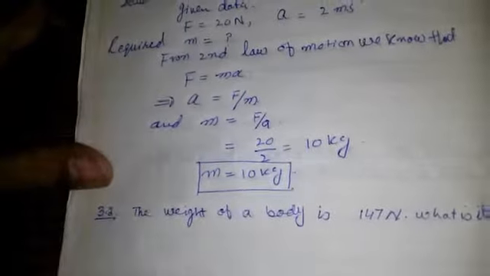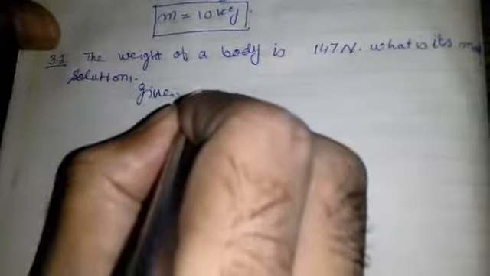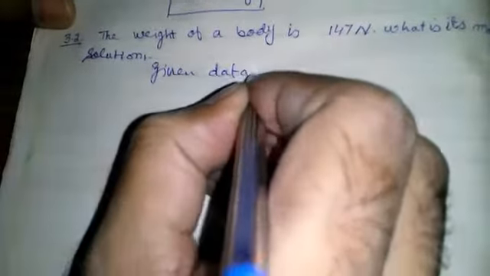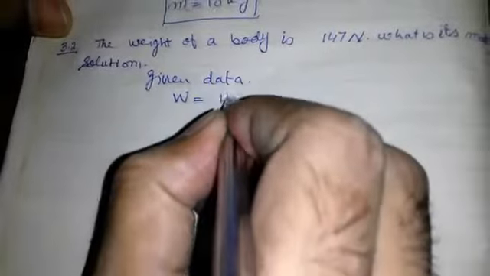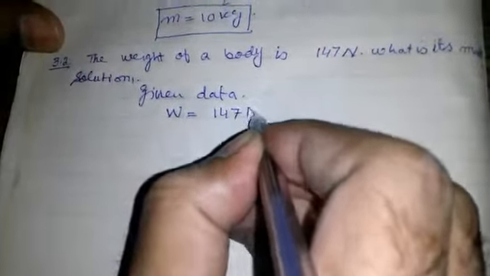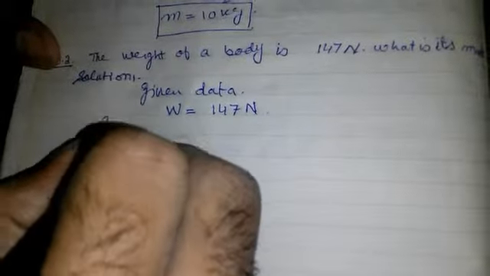Question number 2 is, the weight of a body is 147 Newton. What is its mass? Given data, W is equal to 147 Newton. Required